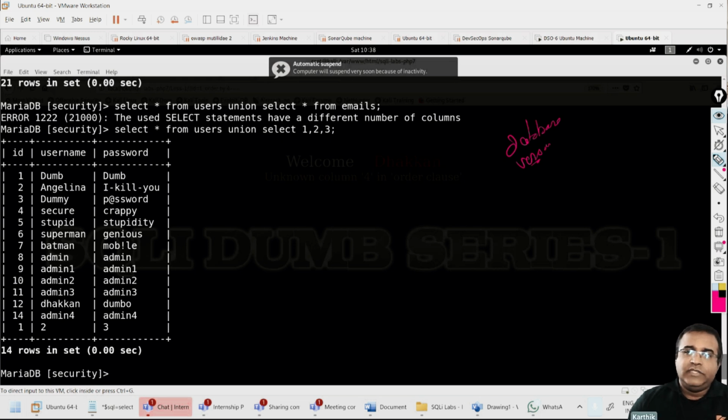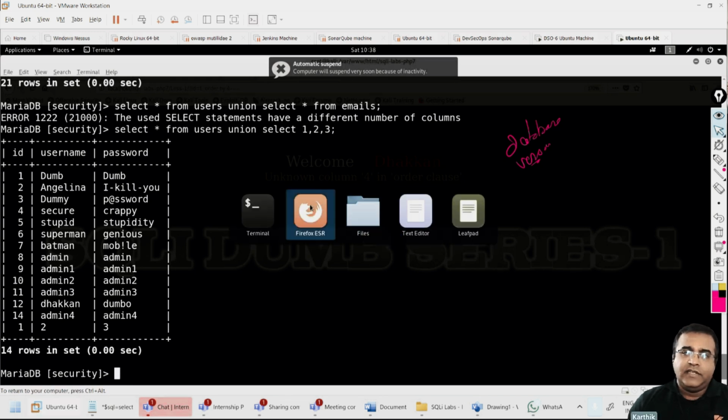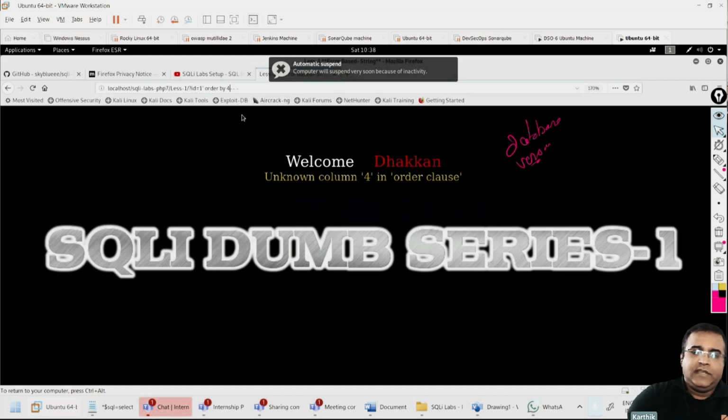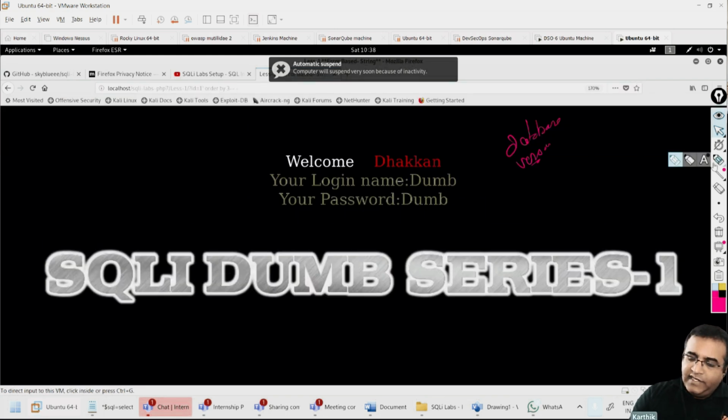Okay. But one more thing I have to know here is that, if you see the table here, let's say I give order by 3, there are 3 columns in the table. Here only 2 are getting displayed. I need to know which two columns are getting displayed. Right? I know here, since I know in the background that columns 2 and 3 are getting displayed, but in reality, you will not know what is there in the database. So how do you go about that? So now what we are going to do is give select union select 1, 2 and 3, right?